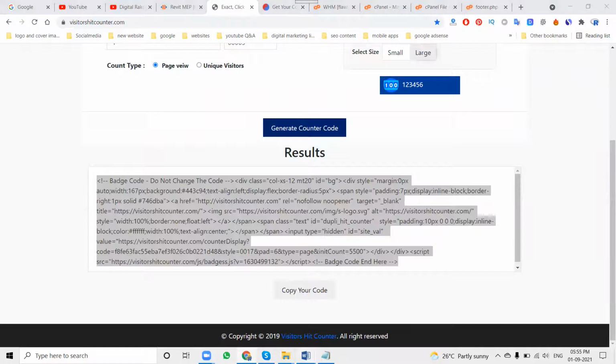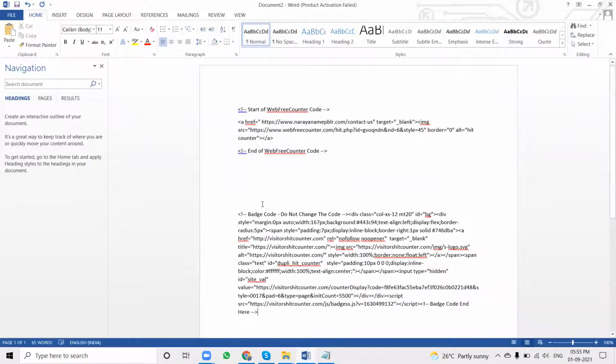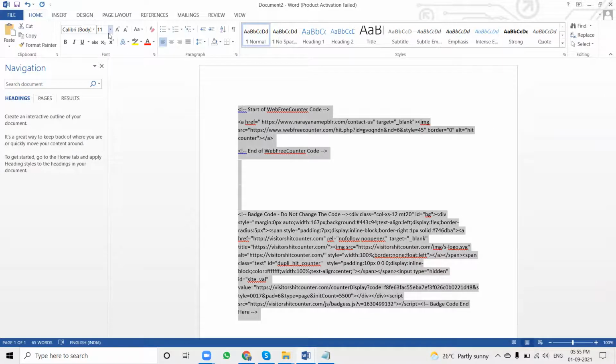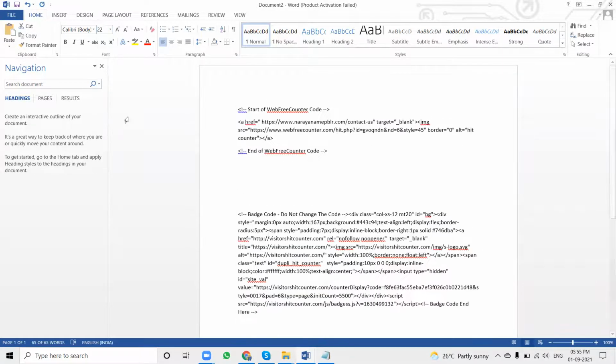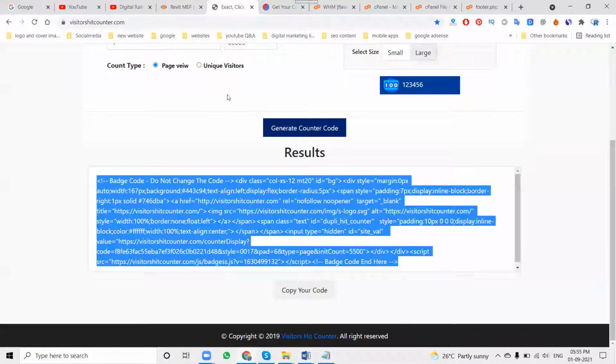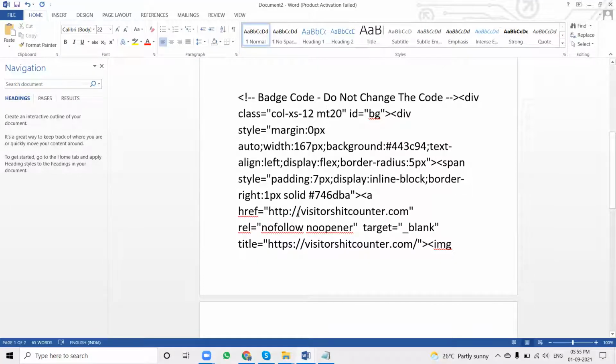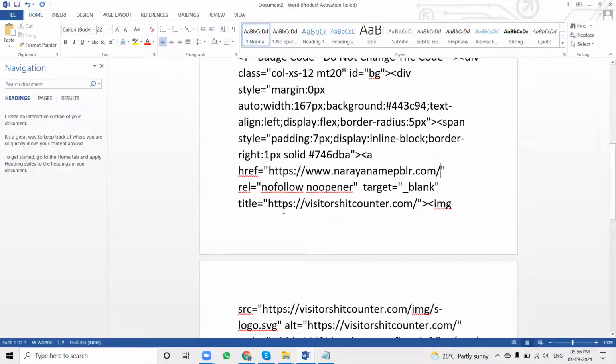Understanding the generated code: most people can't understand code at first, so understanding the code is important. Here, see this one. This is the complete code. Here, what we can give is the visitor count. Here, what we can change is your website. When people click the visitor link, they go to your particular website. Here is the title.